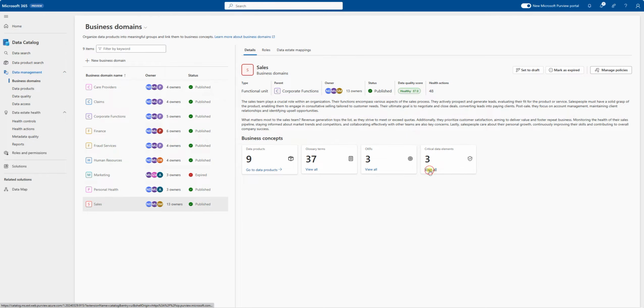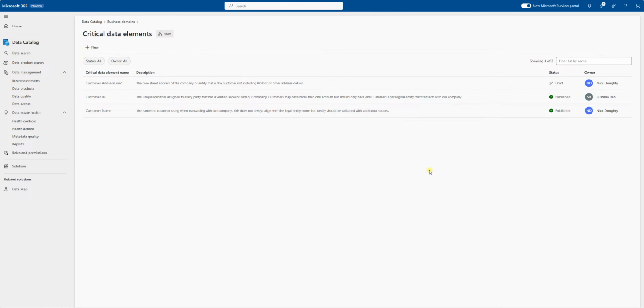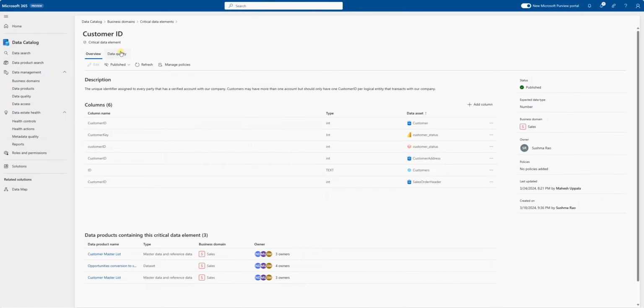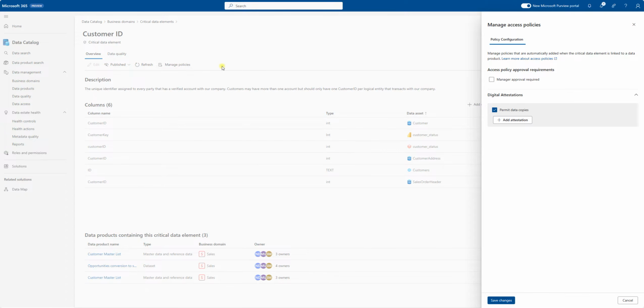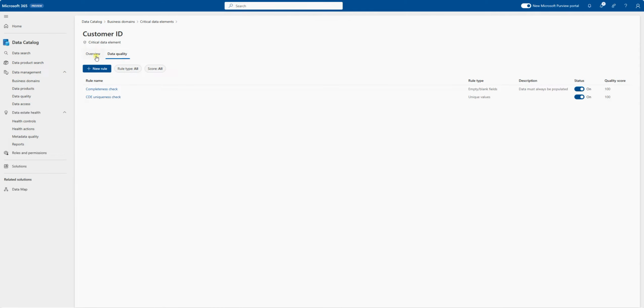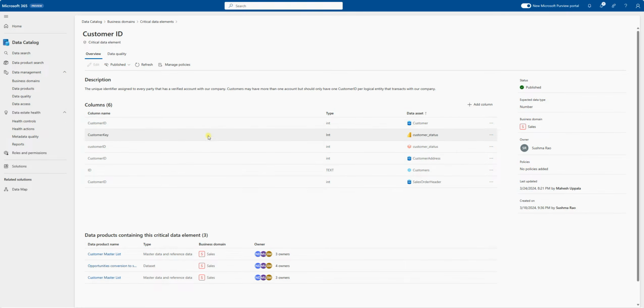For instance, let's take the example of critical data elements, which are nothing but logical entity and attribute definitions. Here, I'm taking you to a logical attribute called the customer ID, and this logical attribute in turn has been mapped seamlessly to a variety of different physical data assets and sources that contain a customer identifier. You can now define your policies on a logical construct like a critical data element. You can define data quality rules as well, and you can have them apply across and consistently to all of